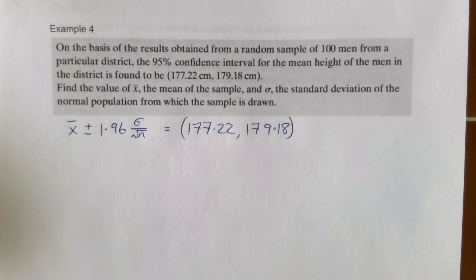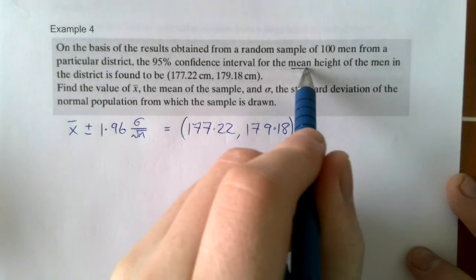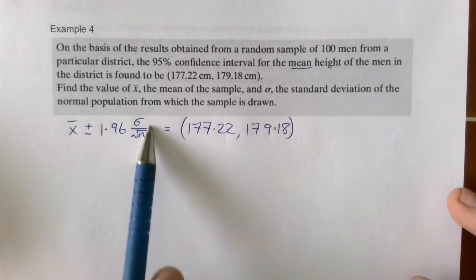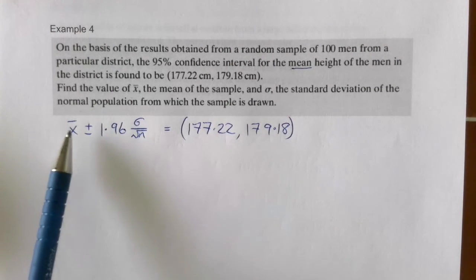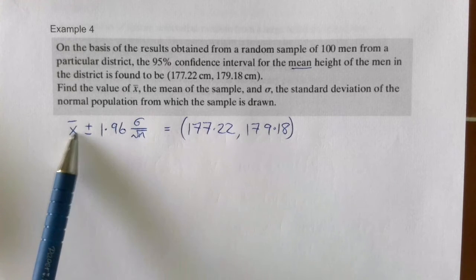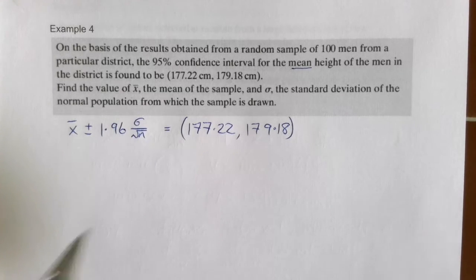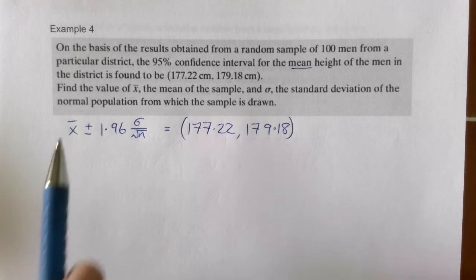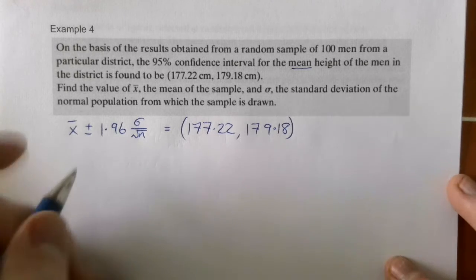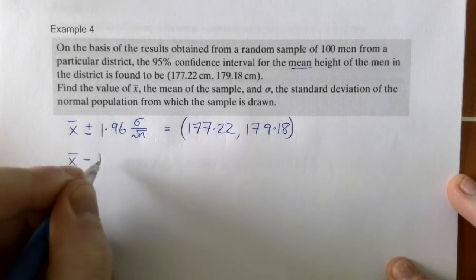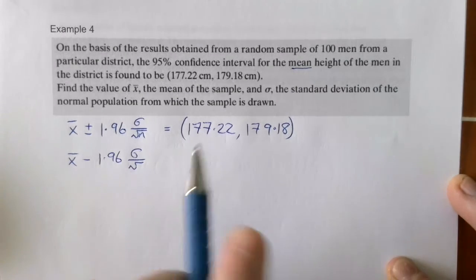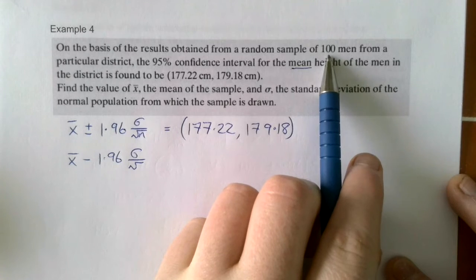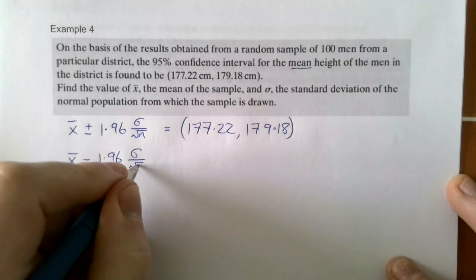Okay, now we're talking about the means, we're talking about the mean height, so you know it's going to be this formula here you're making reference to. Now the reason why I've written this particular form is because we don't know all of these values. We're actually looking for this one and we're looking for this one. When you're looking for two unknowns, you're going to have to make simultaneous equations out of it. Now, in order to do that, we know that the minus version, so x, the mean minus 1.96 by rho over the square root of, and now we know we're talking about a sample of 100 men, so it's over the square root of 100,